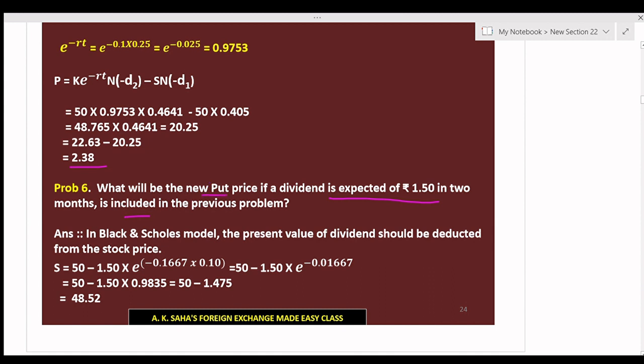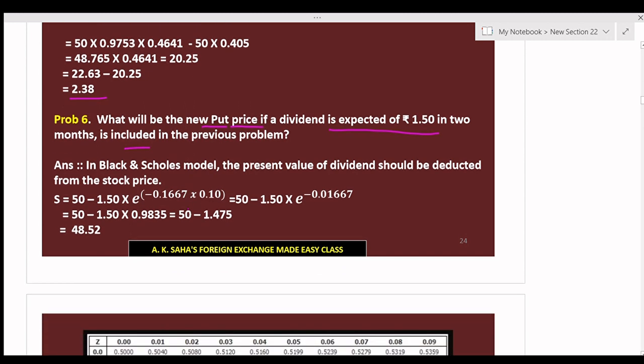A dividend of rupees 1.50 is expected in 2 months. You have to find out the new put price. In the Black and Scholes model, the present value of the dividend should be deducted from the stock value. Now 50 minus the present value of the dividend in 2 months, that is 1.50 into e to the power minus 0.1667, that is 2 by 12 into 0.10, is equal to 50 minus 1.50 into e to the power